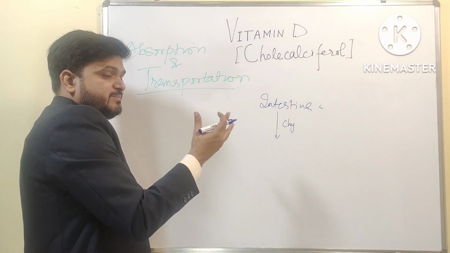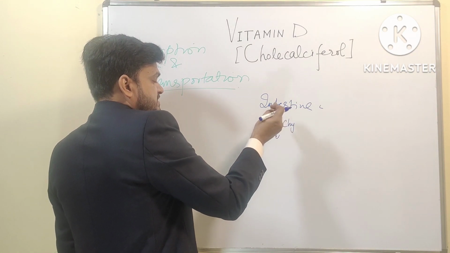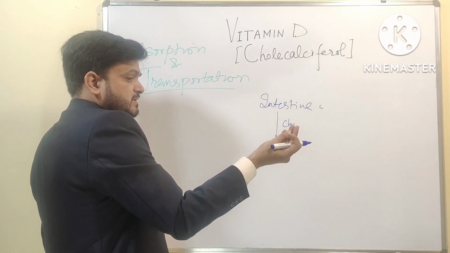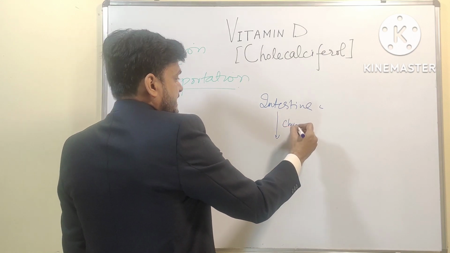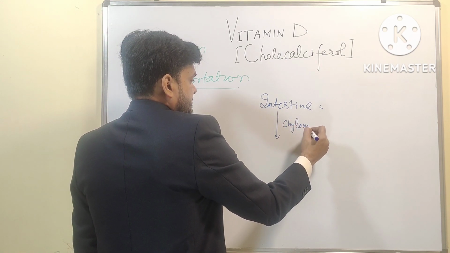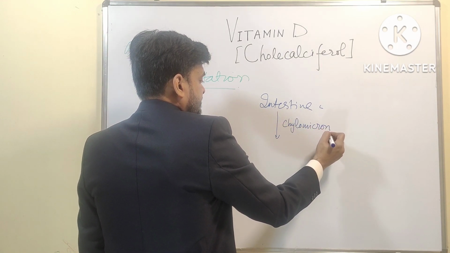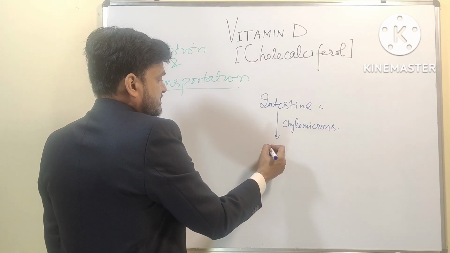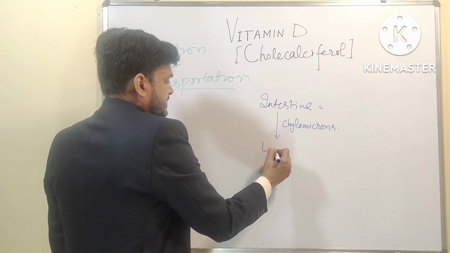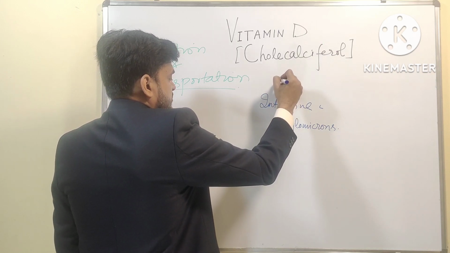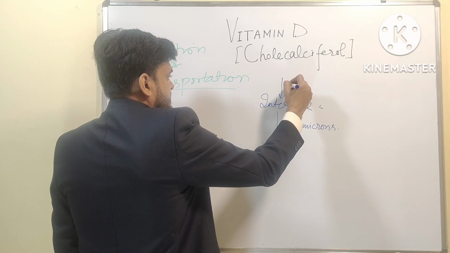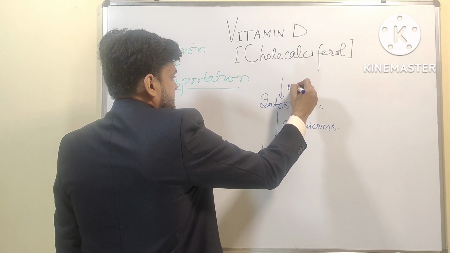The intestinal epithelial cell changes the absorbed fat into chylomicron, and it has to be transported to the liver. So the absorption occurs in the form of micelle,